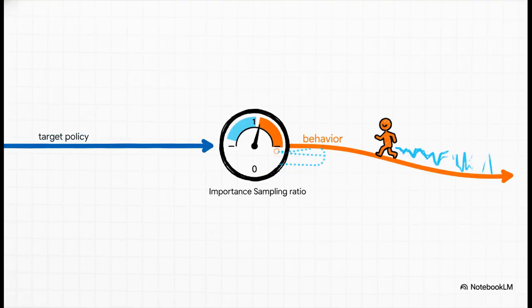Now, Watkins's method is a bit of a blunt instrument, right? A hard reset. More general off-policy methods handle this a little more gracefully. They use a mathematical tool called an importance sampling ratio to correct the trace at each step. You can just think of this ratio as a number that asks, how likely was it that I would have taken this action under my target policy? If you take a really wild exploratory action that your greedy policy would almost never choose, that ratio becomes tiny, close to 0. And what does multiplying by 0 do? It effectively cuts the trace, but it does it in a much softer, more gradual way.